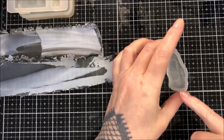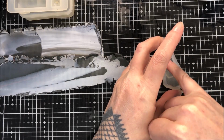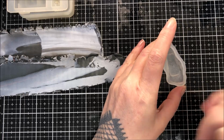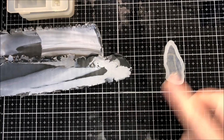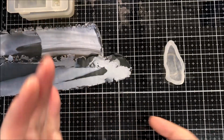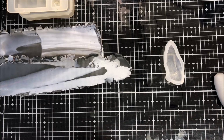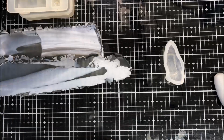and I'm just going to get some of my flakes and I'm just going to pop a few onto the sides of the mould, just to add a bit of interest. And I'll probably wire wrap this. I might actually do it, I'll speed it up, but I'll show you what I do with some pendants. We'll see. Right, that's warmed up a fair bit, and I've just got a little baggie with some flakes already